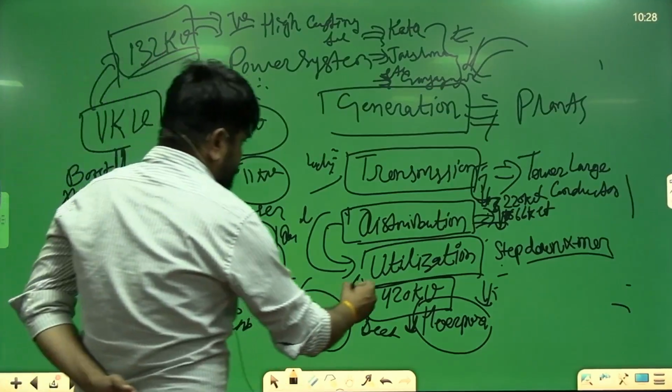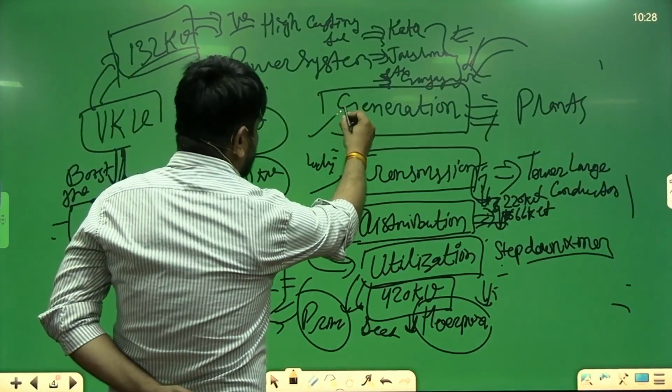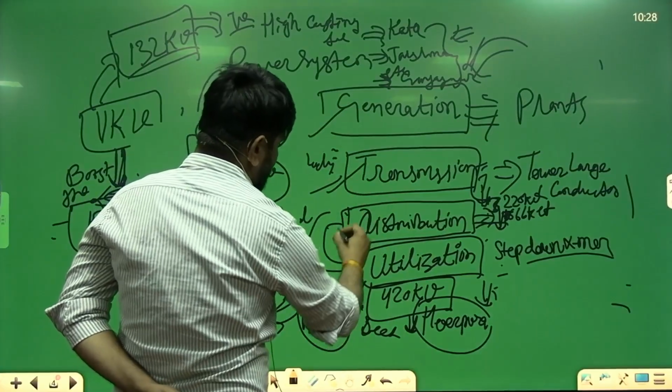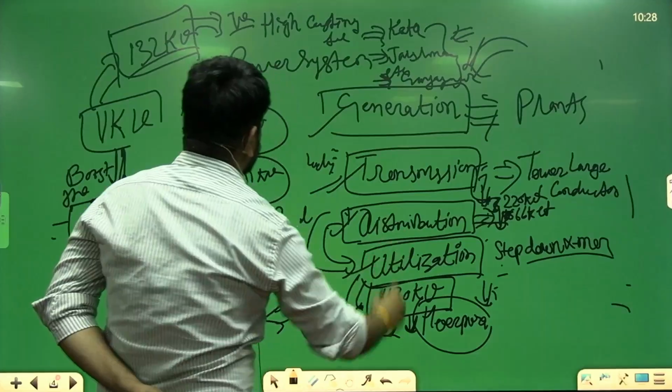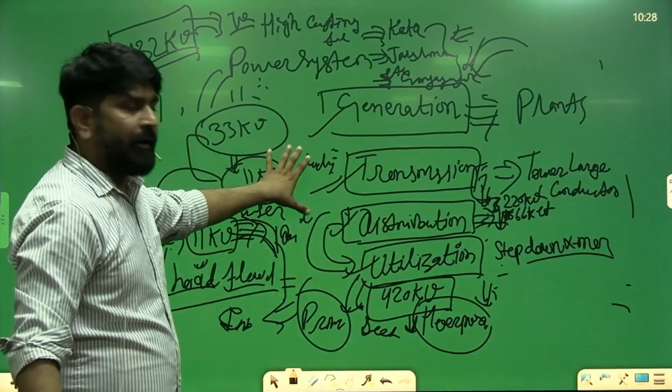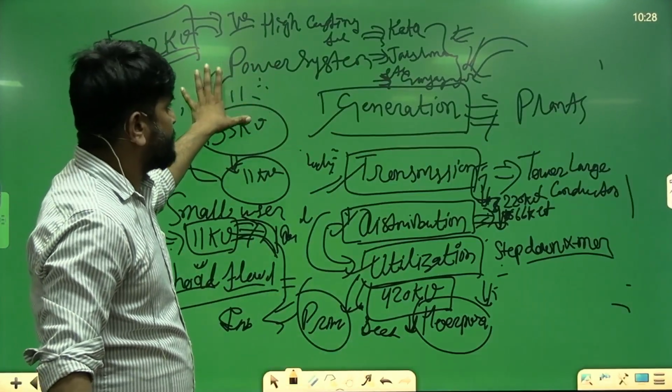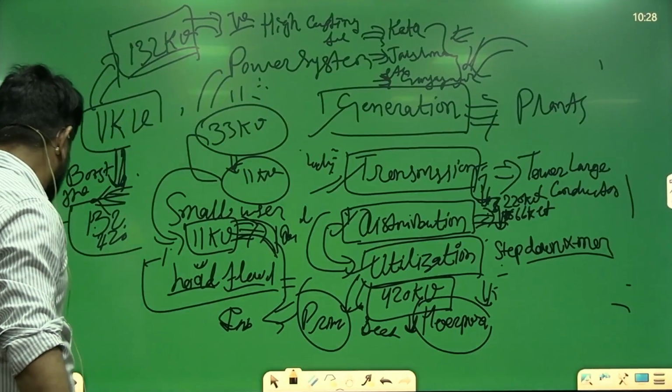Again, it becomes generation, transmission, distribution, and utilization. This is the main part of the power system. Got it? Then again,